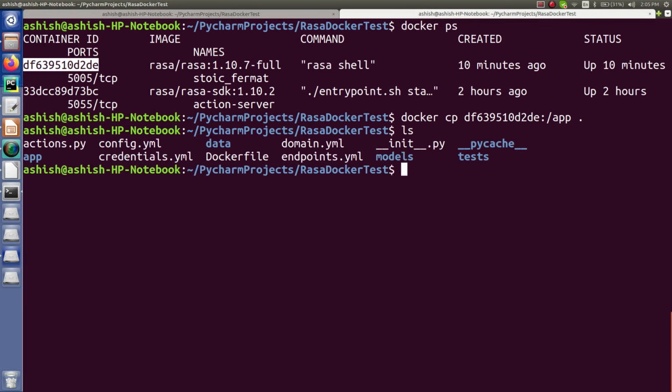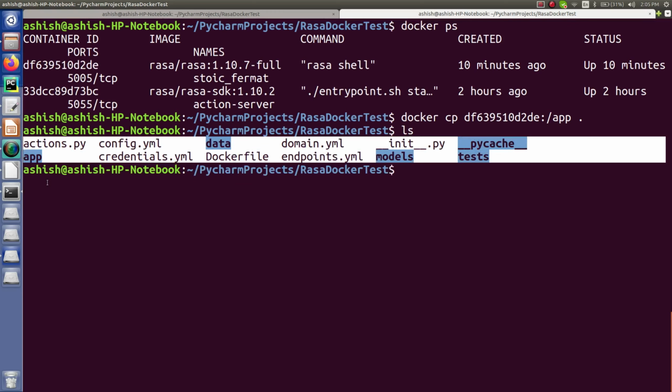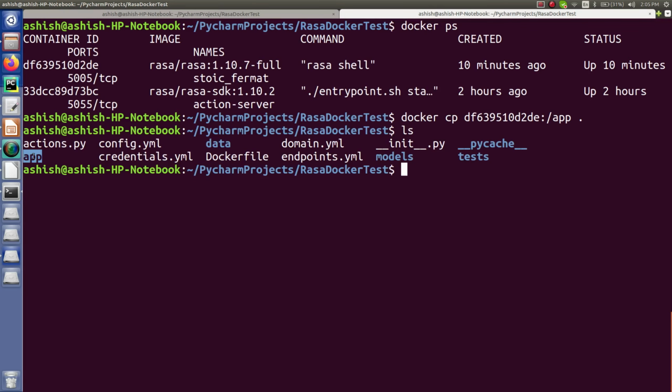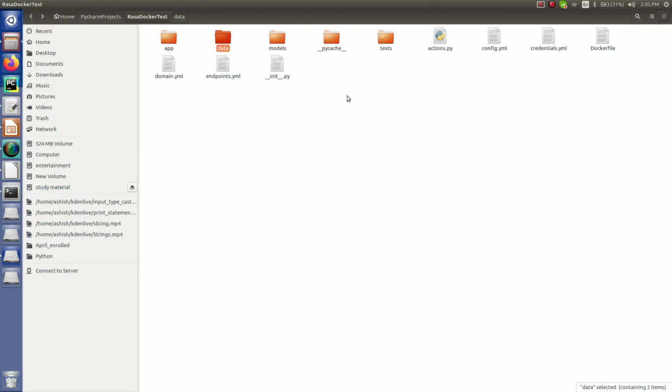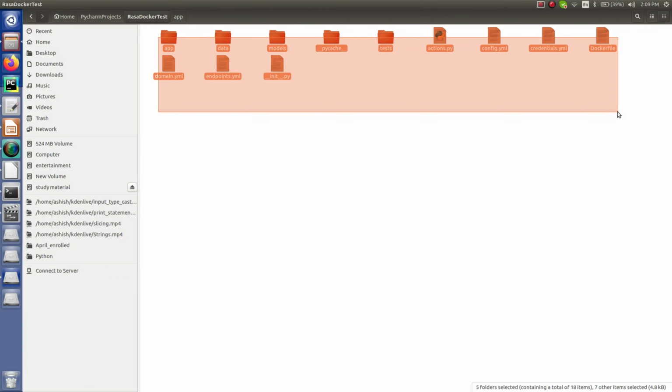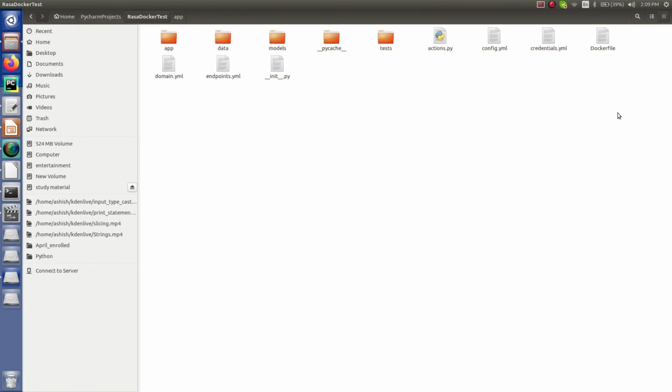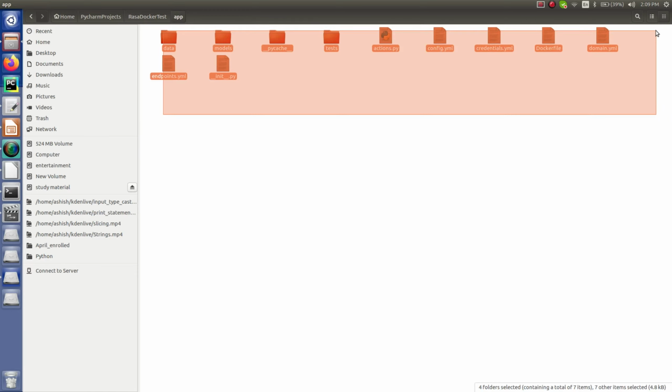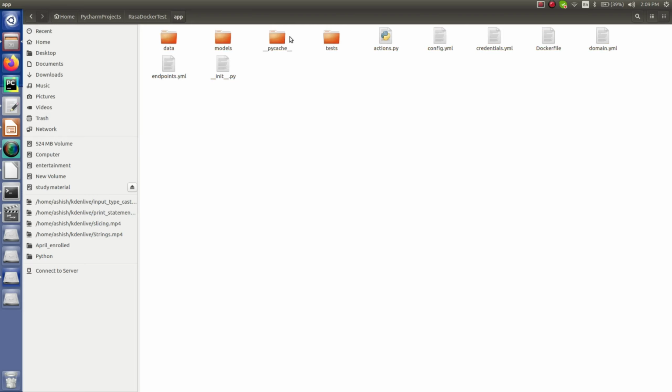Alright, so everything is there. Just type ls. Alright, so here you can see all the contents are the same. The only difference is that now it has created a new directory with the name app. Let's check it here also. So here you can see the data has been copied from your container to your local directory, and you have a directory created with the name app, which will contain all the data which you have copied from the Docker container. So let me just open it. Here you will see all the contents which you have just copied from the container to your local directory. So this is the way we can do it.